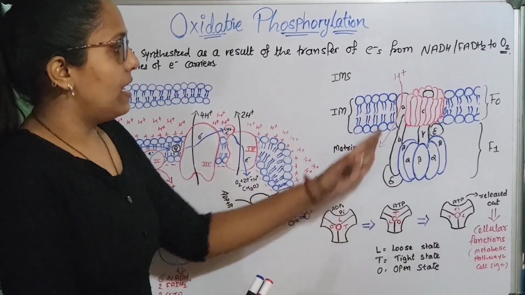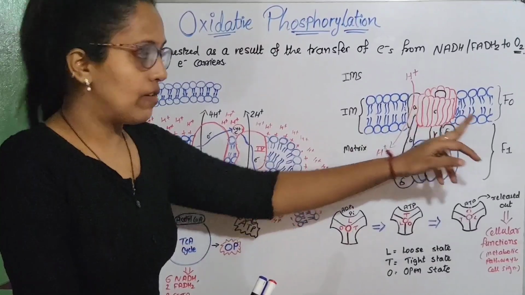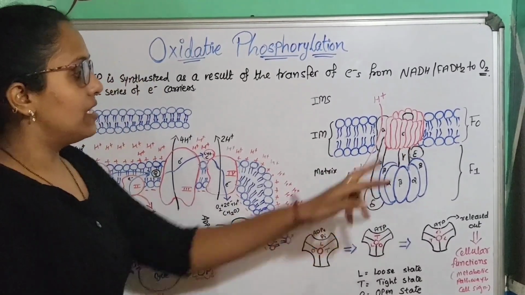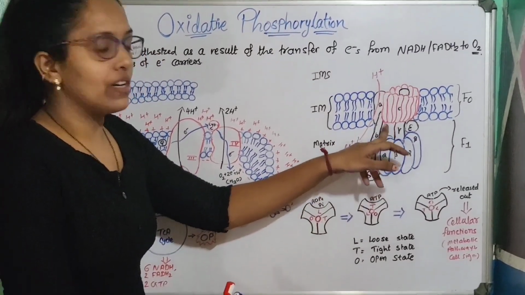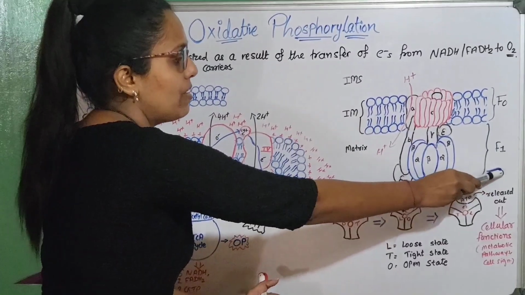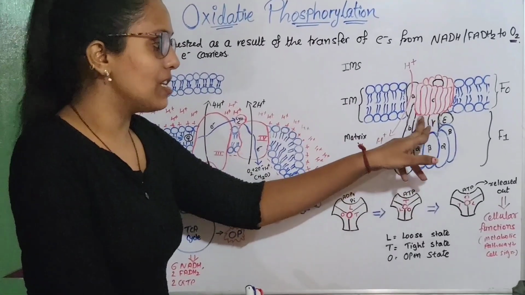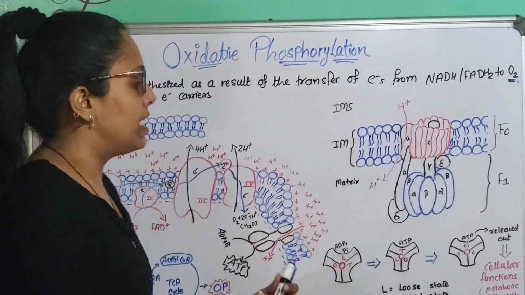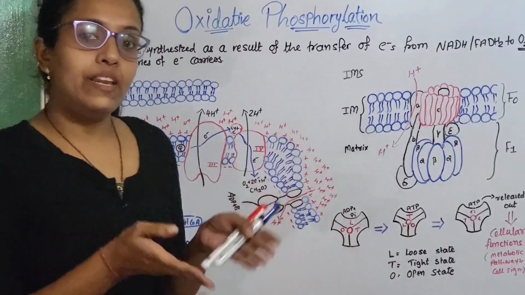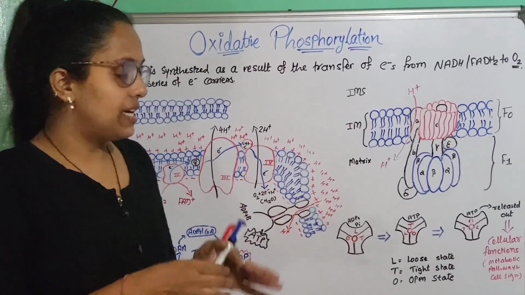So protons enter in this way, but here another important phenomenon also occurs. When protons enter via the A subunit of the F0 particle, the C ring of the F0 particle rotates, and then this C ring rotates the central stalk, that is gamma. Gamma acts like a central stalk between the F0 and F1 particles, which helps to combine them together. Once this gamma central stalk rotates, it also rotates the alpha and beta subunits of the F1 particle. It is very well known that ATP synthase has ATP synthesis property, but the actual catalytic